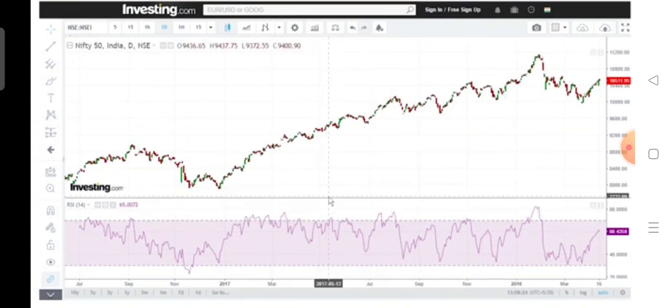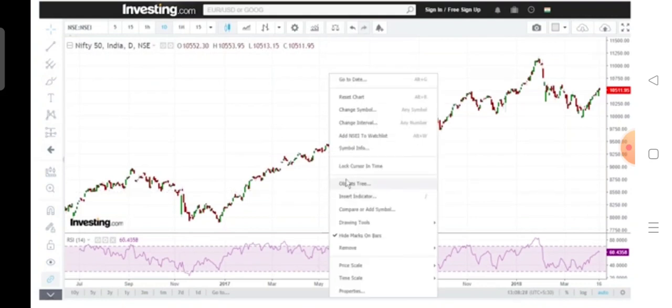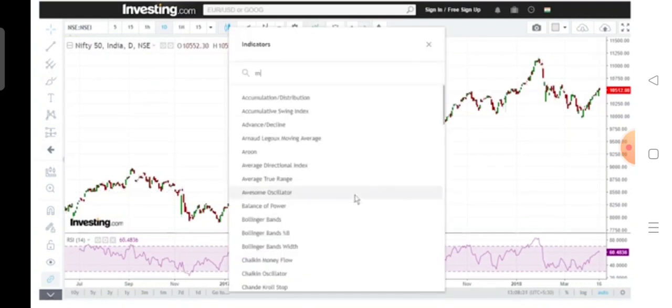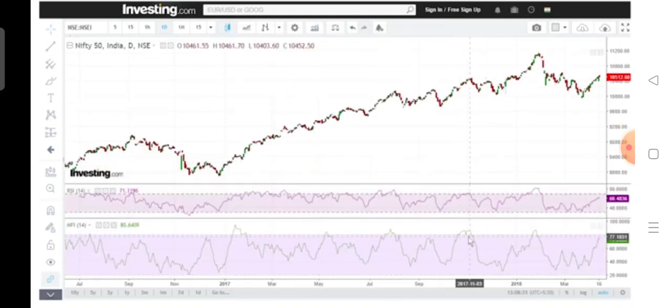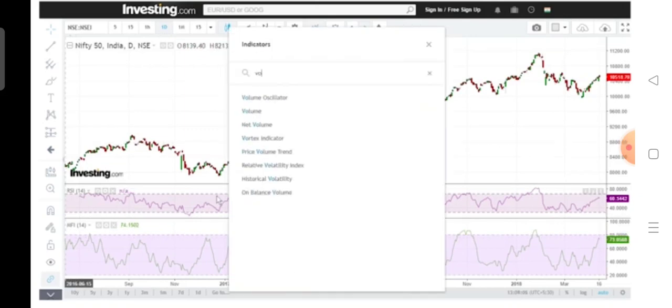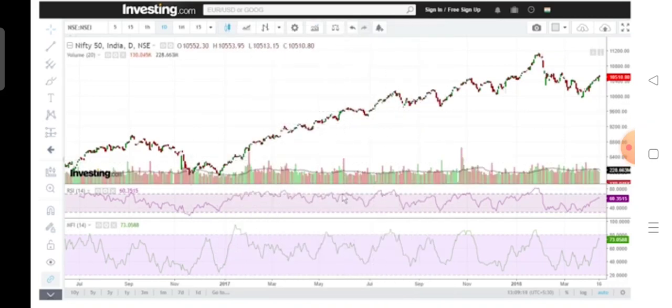Here the RSI indicator is already in the chart. Let me add the MA5 indicator here so that we can understand it a little better. Now see, the overbought zones of RSI and MA5 almost coincide a lot, but due to the volume component, let me add volume also into the chart. Here we add the volume, just below the price.